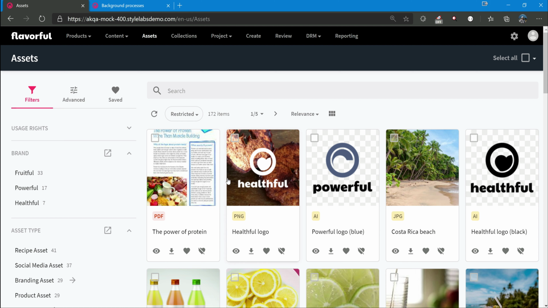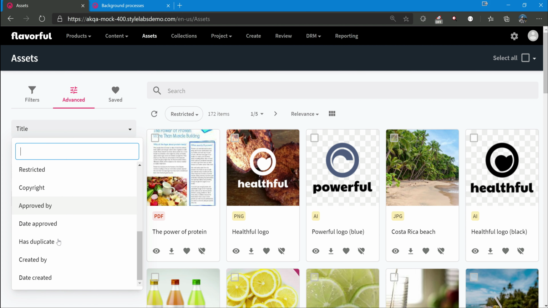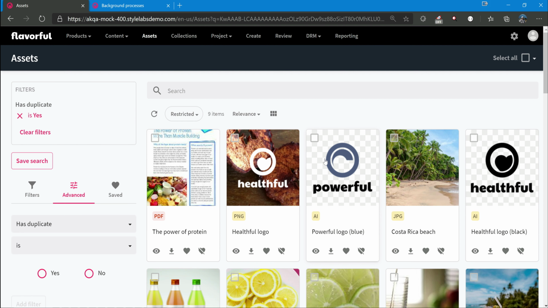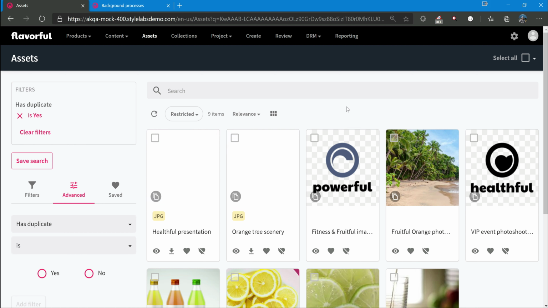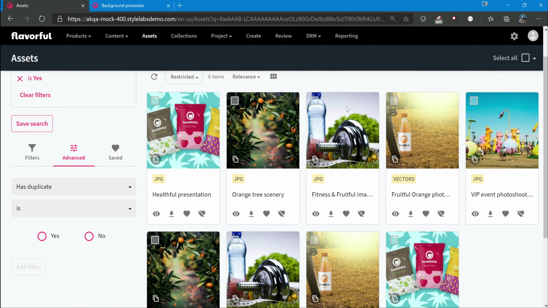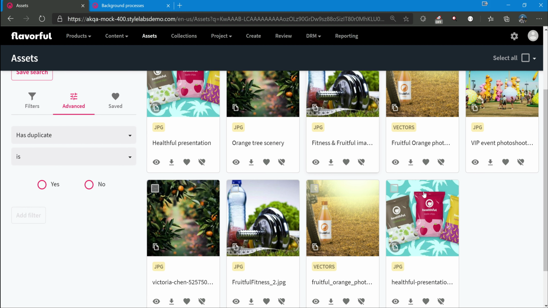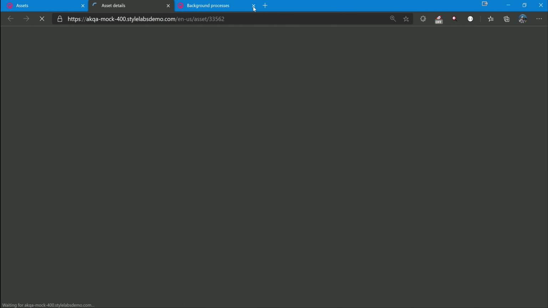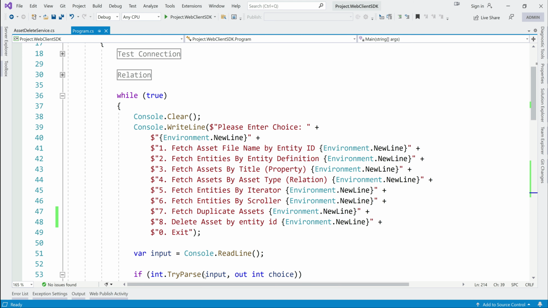So let's quickly run. Let's select one more duplicate so that we can clear. So there are only like 9 of them. Let me go to this. We just need an ID to delete. So I'm just copying this 33562 and I've already added the code.